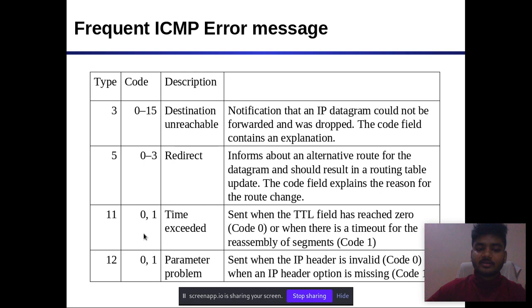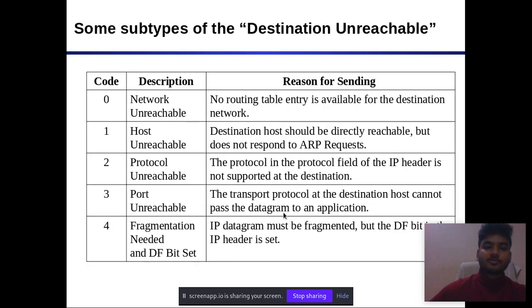That means time exceeded, sent when the time to live field has reached 0. When there is a timeout, it means code 1. It is a subtype of destination unreachable.